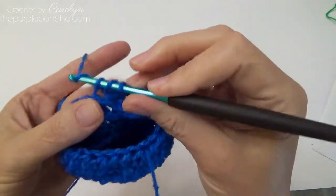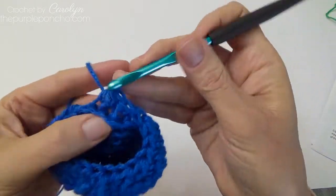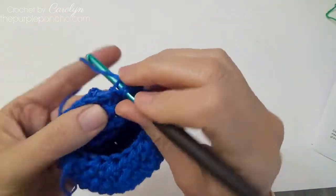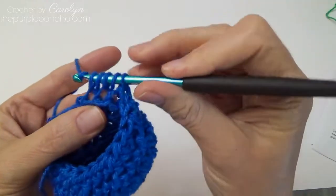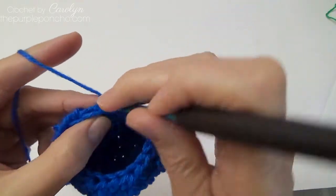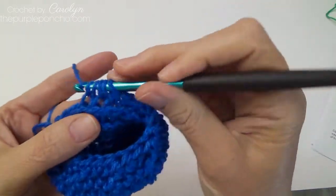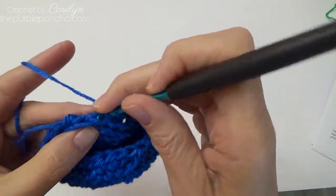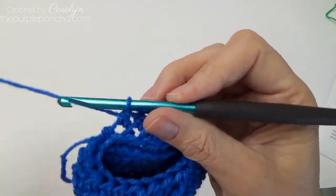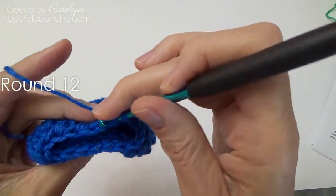one half double in the next 2, and then 2 together, one in the next 2 stitches, two together, and then my last two stitches is just one in the next two stitches for the last two stitches, and I'm back at my stitch marker, and we're going to repeat one more time, starting this row with a 2